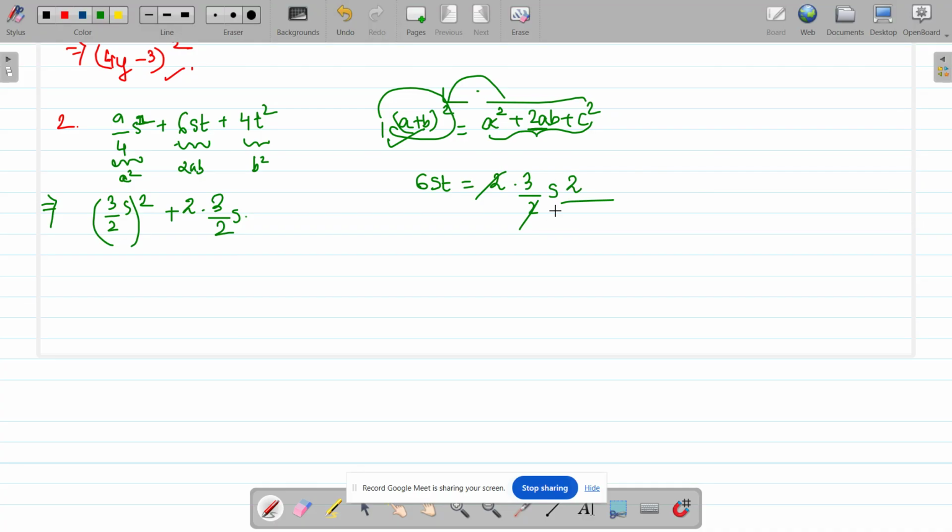2. Yes. And s, we have s here and here also we have s. So what is left here? t. Yes. So now we have the left hand side equal to the right hand side, that is 3 into 2st, 6st is equal to 6st, right? So that's how we find the terms a and b, and that's how we break the middle term. That is twice of a, a is 3 by 2 s, and we get b as 2 into t, right?